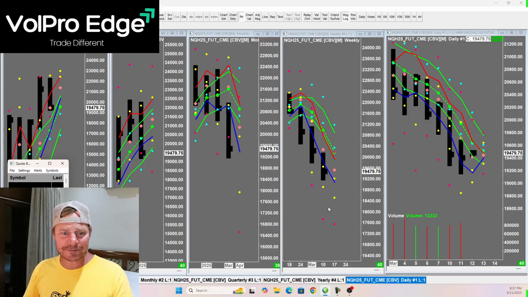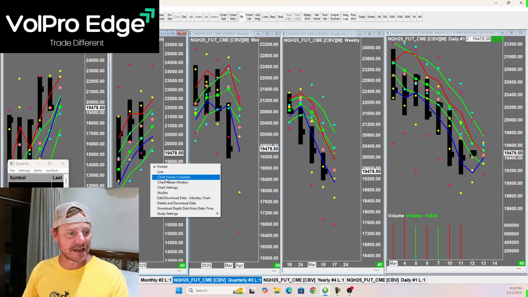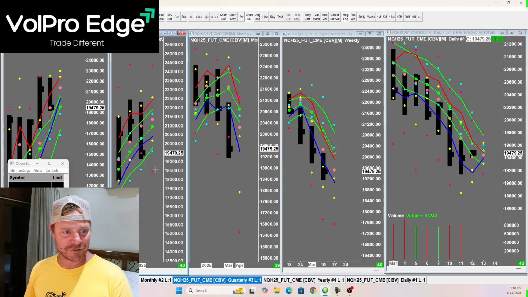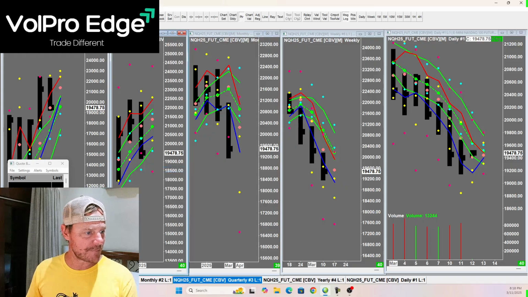So NASDAQ, same situation as ES. Look, you are into some weekly support here. You're right at this quarterly. This is a key level here, guys, for the NASDAQ, right? So this is also why you go through all these markets, because on ES, for example, let's go ahead and just quickly jump back to ES.